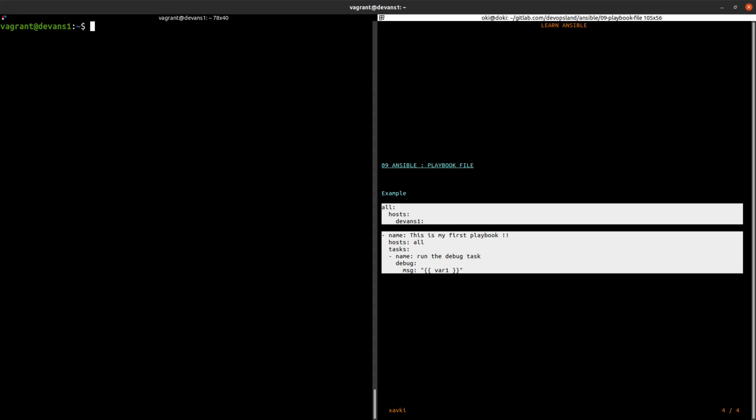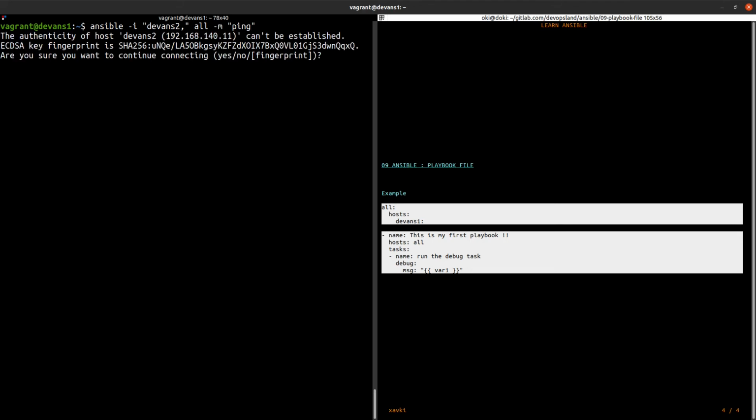To test your connection, you can do a ping with the Ansible module. So remember, we use ansible -i devance2, with a comma, and the all group, and -m to specify the ping module.